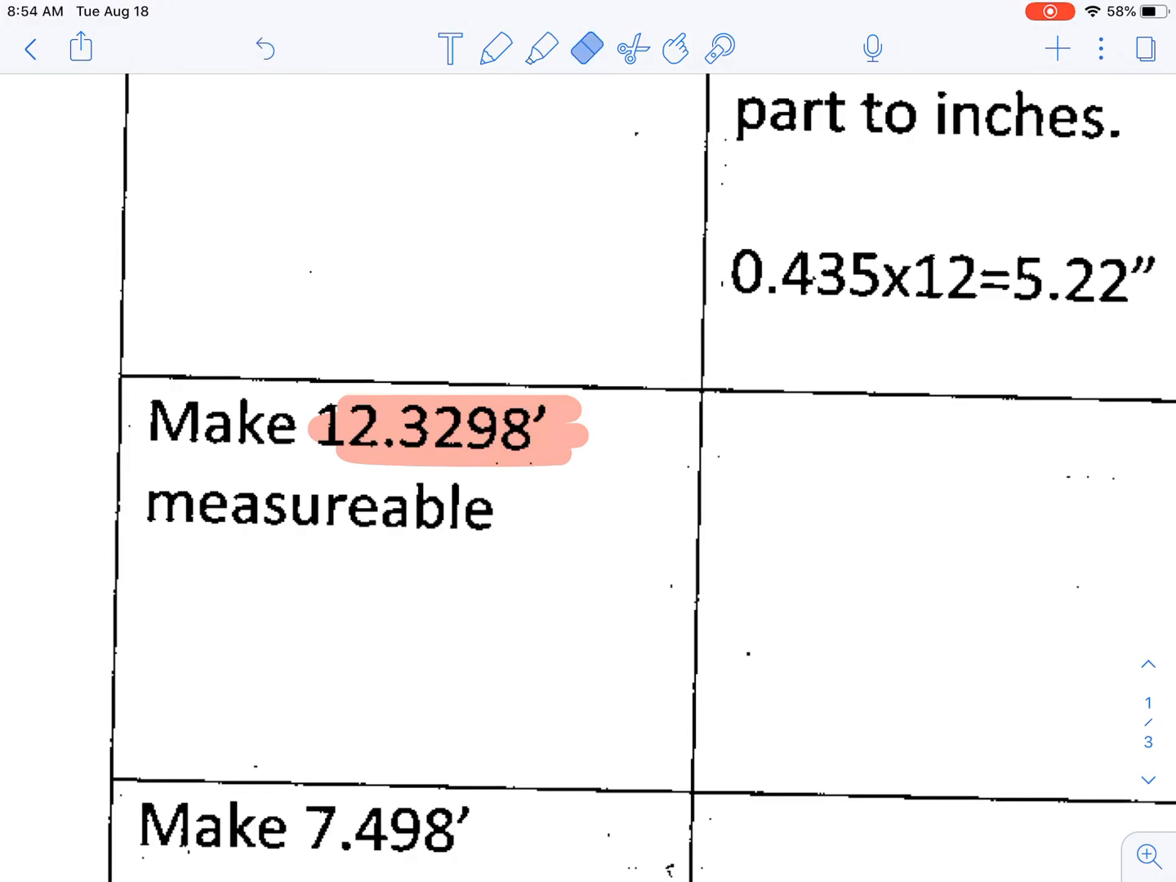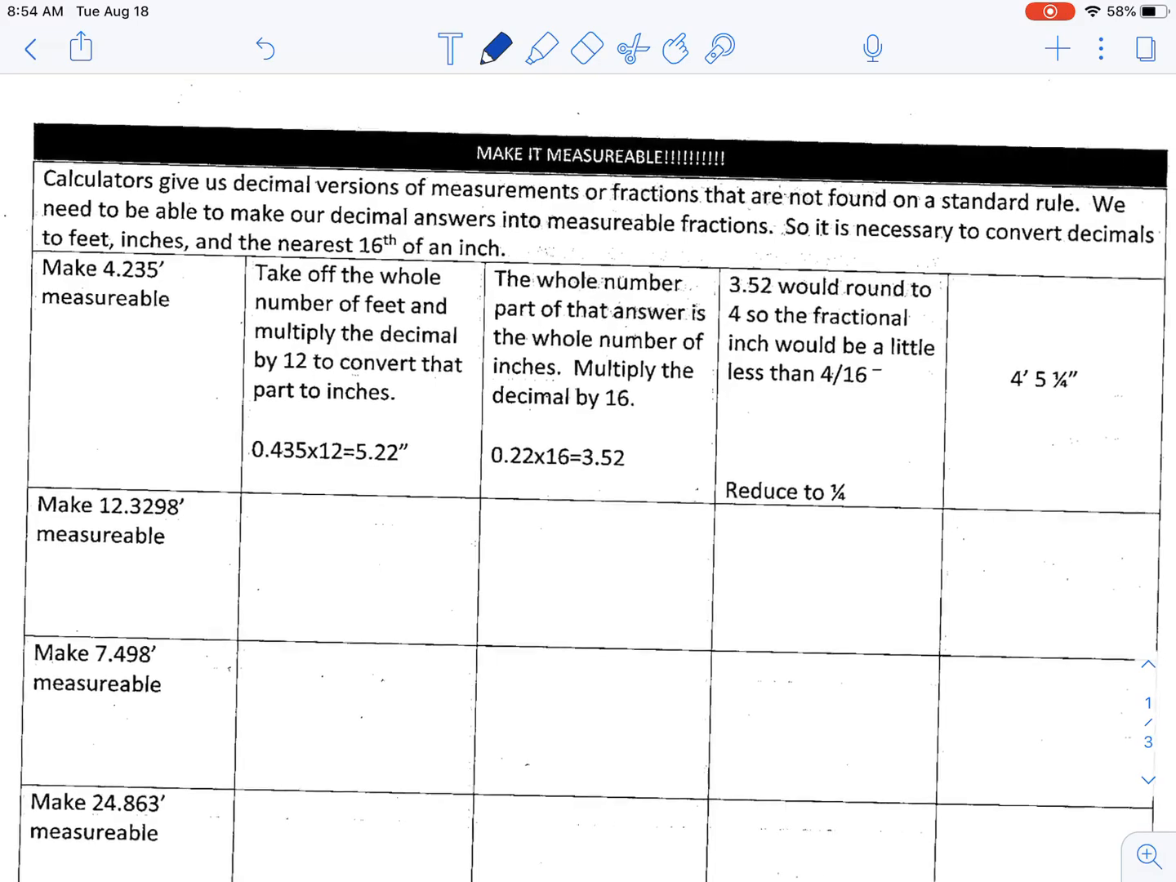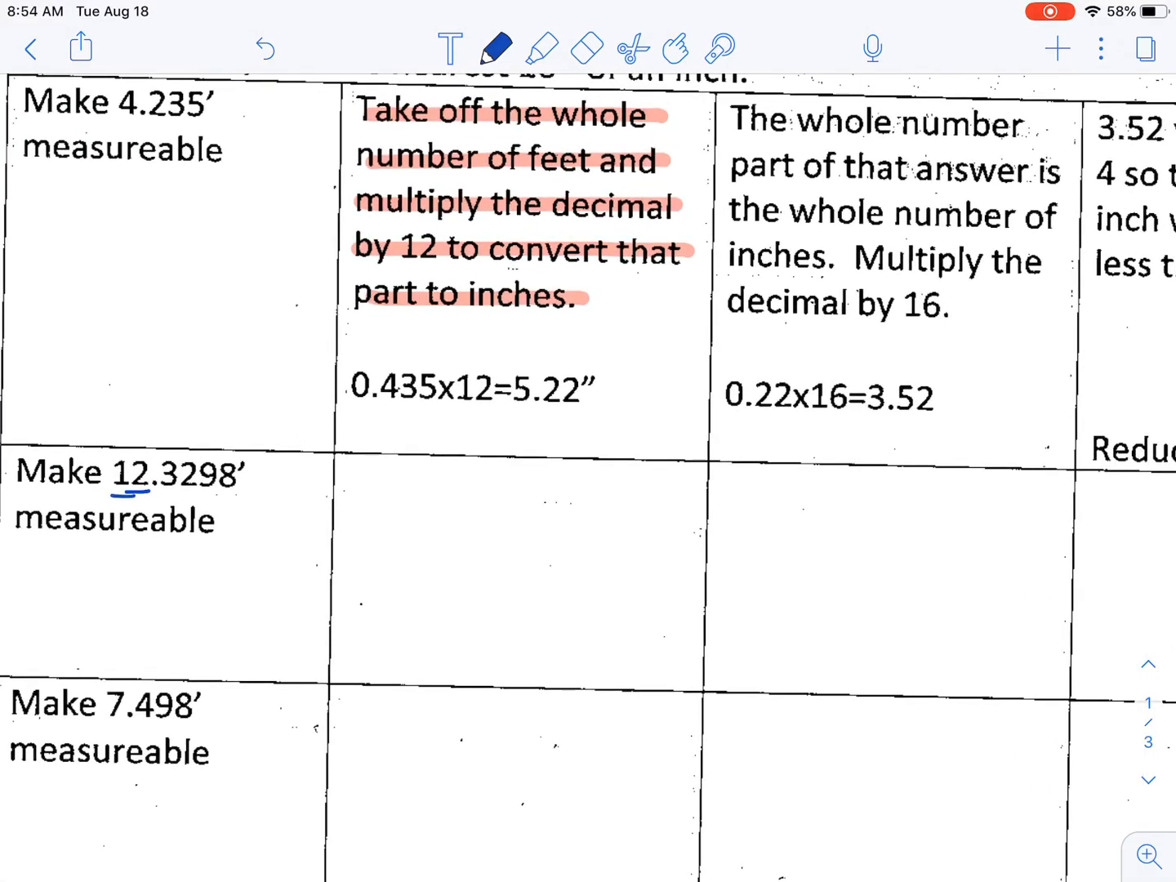What we're going to be able to do today is find the closest measurable fraction to that decimal, and it's just by following a process. The directions are right here at the top for this first example. It says take off the whole number of feet and multiply the decimal by 12 to convert that part into inches. So for this example, we're taking off this 12 and we're going to multiply just the decimal